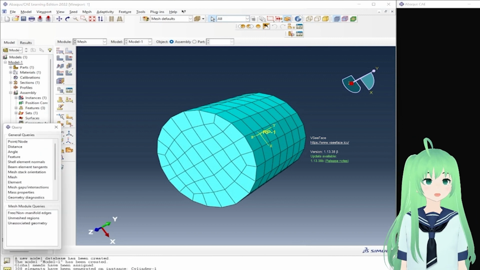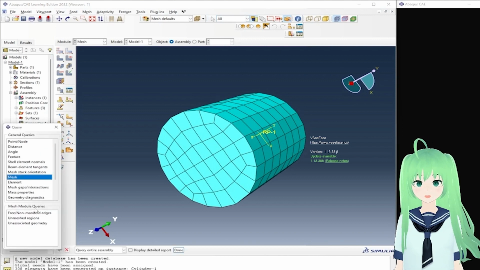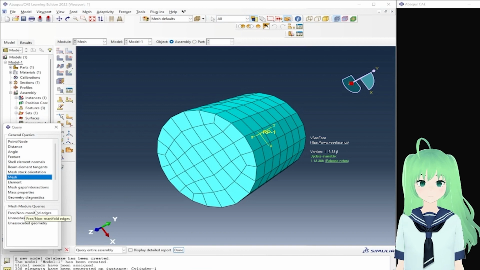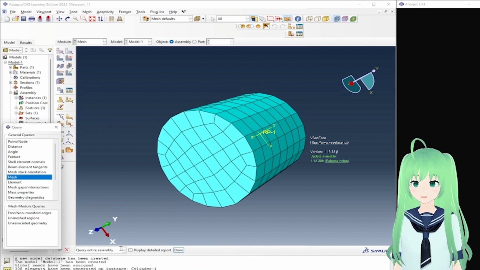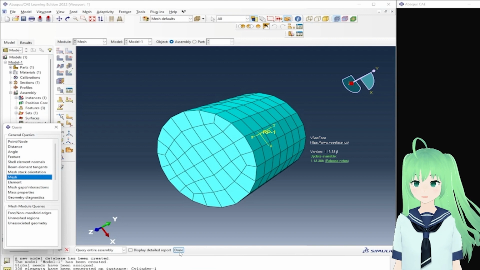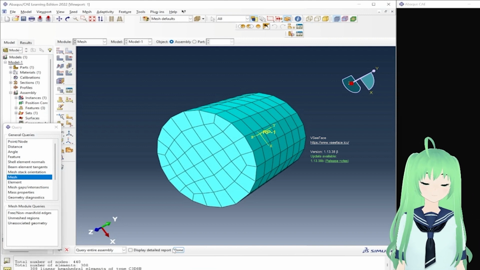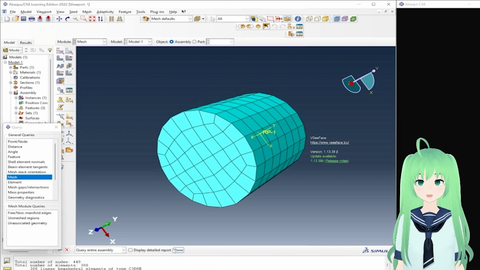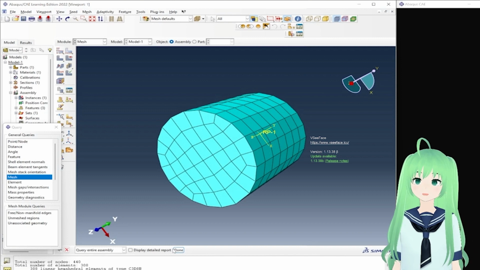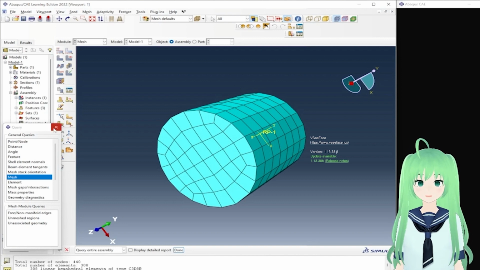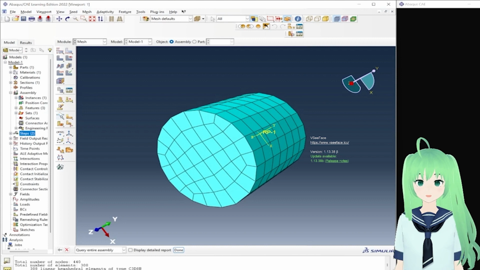Find the query tool in the top, select mesh in the box that pops up, and select done in the bottom, and that will tell you how many nodes there are in your cylinder. Make sure you just write this down somewhere, and don't worry if you don't have the exact same number of nodes as I do. Now you're going to create a new constraint, so exit this toolbox and click the constraints